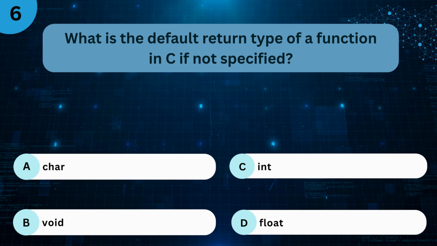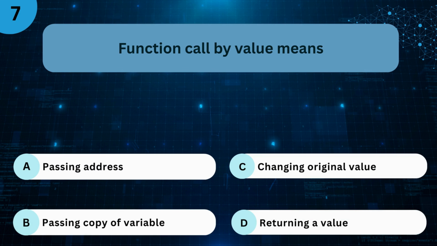A. Character. B. Void. C. Integer. D. Float. The right answer is C. Integer. Function call by value means: